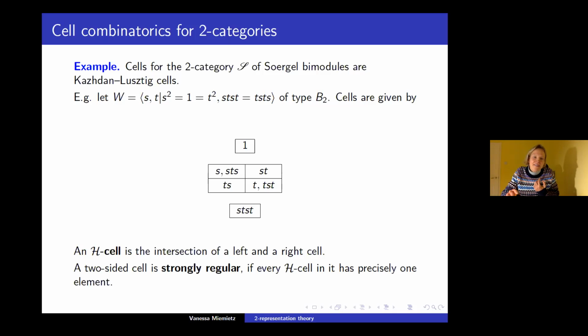Okay. And a two-sided cell is called strongly regular if every H cell in it has precisely 1 element. So here, the identity and the longest element, those two-sided cells are obviously strongly regular, but the middle one is not, because I have 2 H cells which have 2 elements. And this is going to be quite important on the next slide,